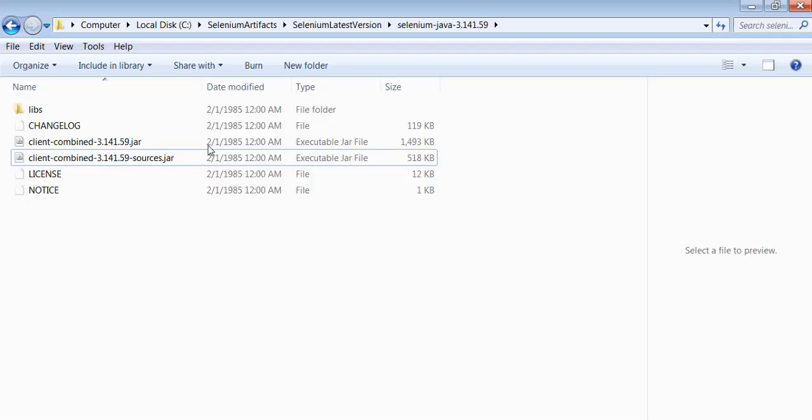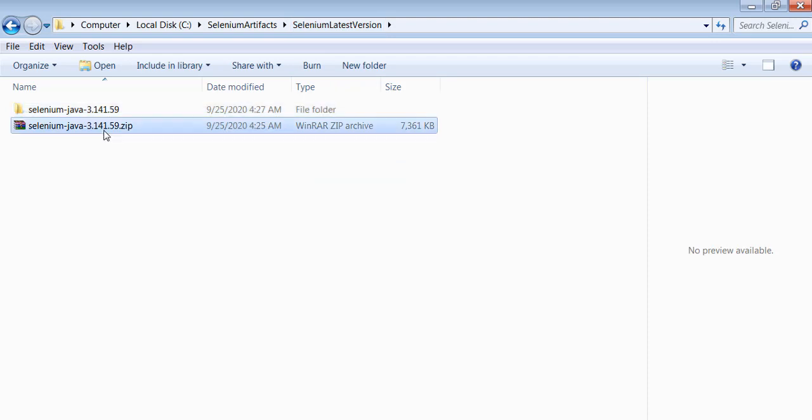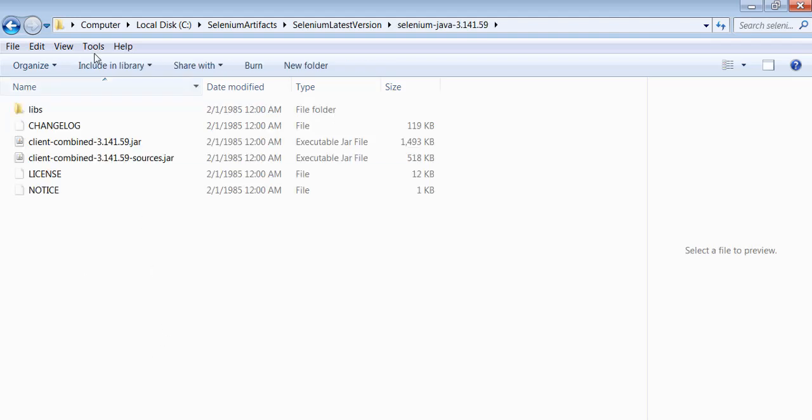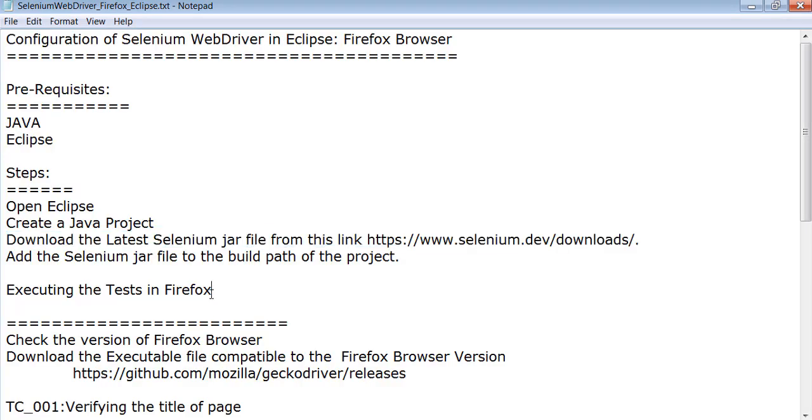Copy the zip file into this location. This is a zip file. I copied this into this location. Unzip the file to a directory. Once you unzip, this is the contents of the directory. So download the latest version, which is stable, and unzip it to a directory. Now this is also completed.